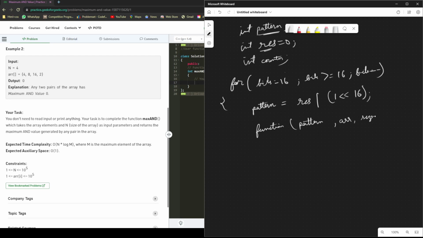This function will return an integer, which is our counter. So this counter will represent how many pairs we have